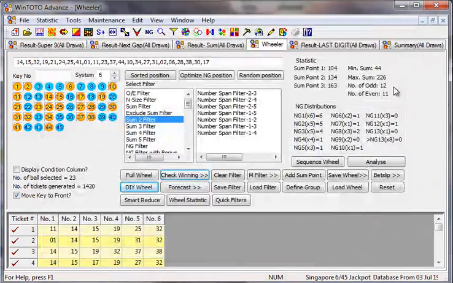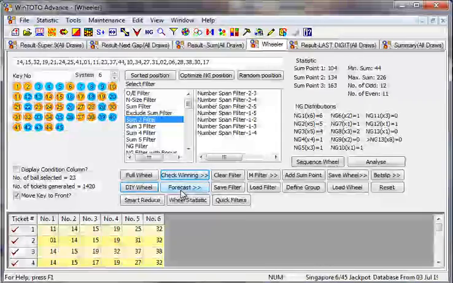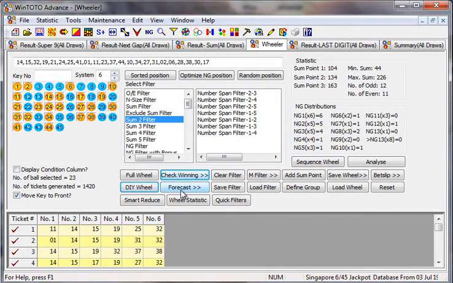But do not forget that you actually make a very big saving. For example, from 2259, if you take away the number of tickets that has been reduced to 1420, you can see there is a very big saving. So how does it go?